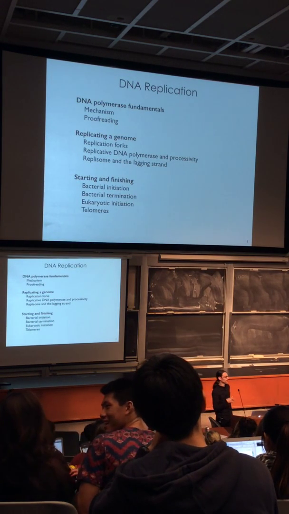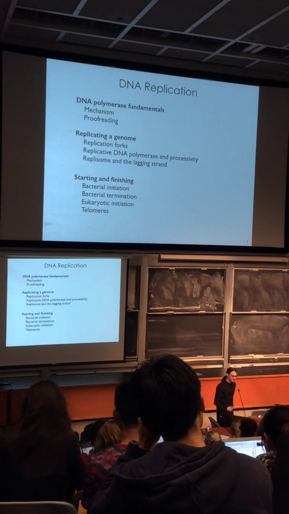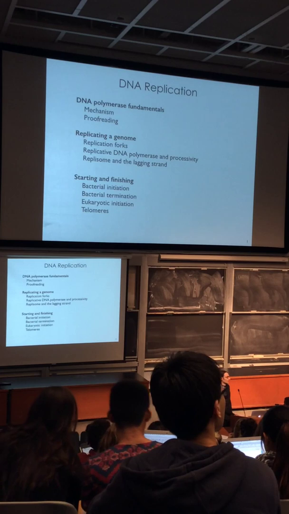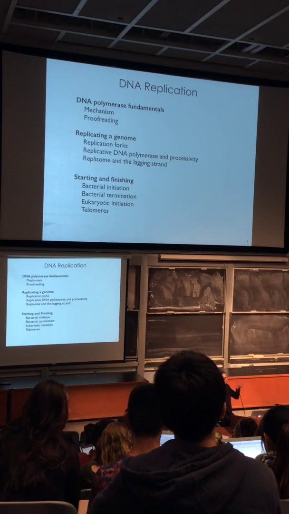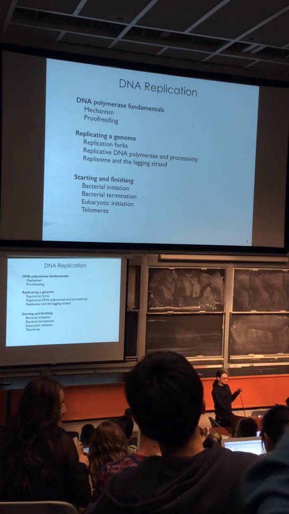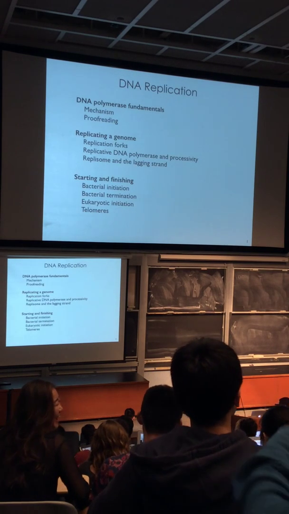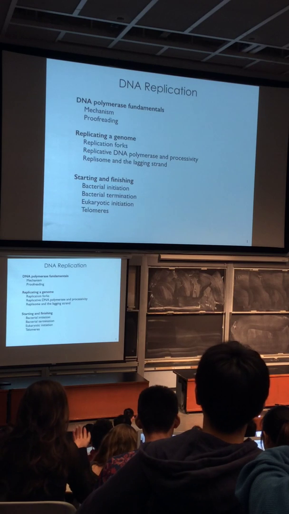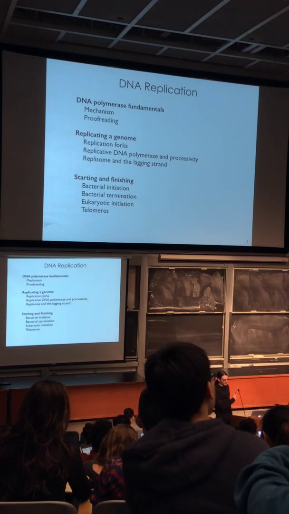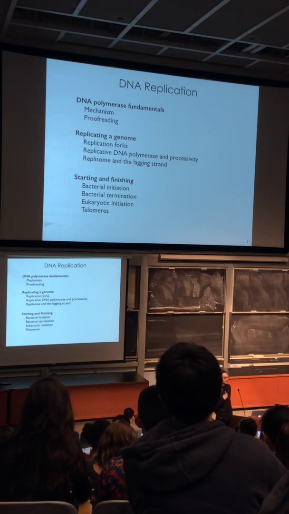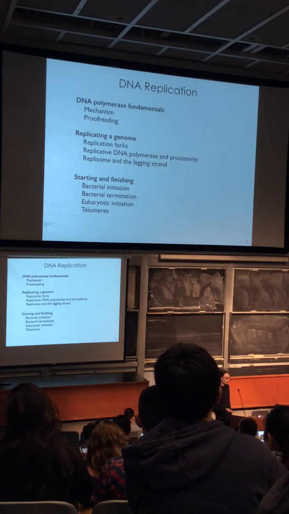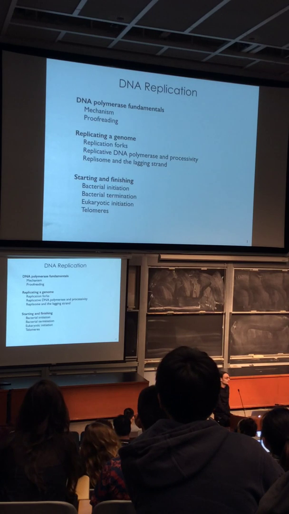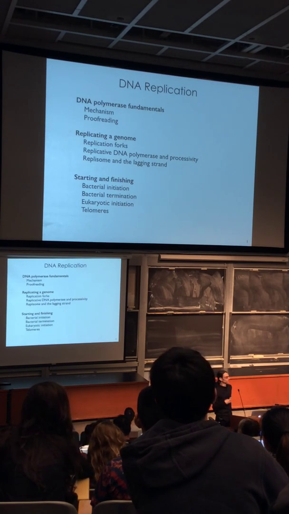We're going to start by talking about the fundamentals of DNA polymerase. We talked a little bit about some of the reaction developments before, and that will give us a picture of locally how you can copy a sequence of DNA. When you think about copying an entire genome, a few other problems come up, and we'll discuss how the cell establishes what are called replication forks, in which both strands of DNA are copied simultaneously, and how the cell achieves processivity,